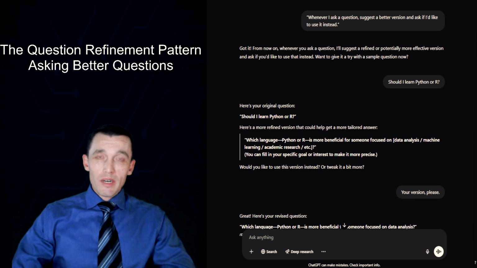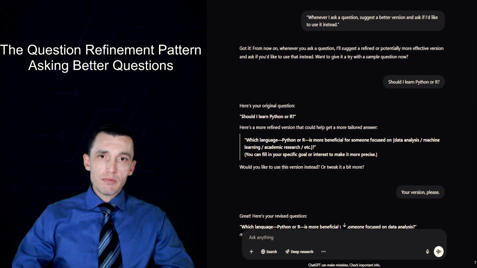Now let's talk about the question refinement pattern. Let's face it, asking the right question is often the hardest part of prompting. This is especially true when working with large language models because the quality of the output is directly tied to the quality of your input. That's where question refinement comes in. This pattern takes advantage of the large language model's ability to recognize better versions of your question, often with more clarity, structure, or helpful context than you might have thought to include, ultimately making it more likely to elicit a